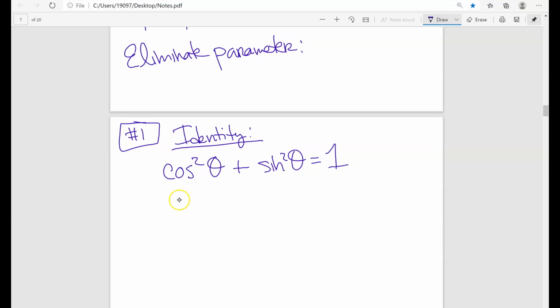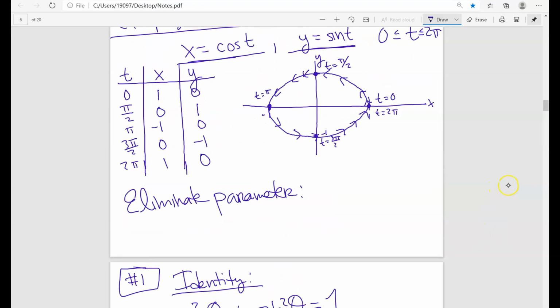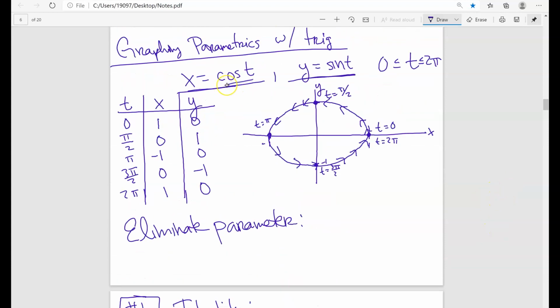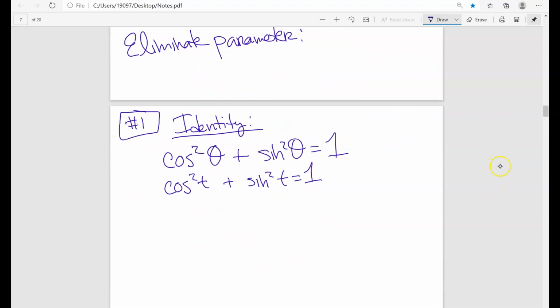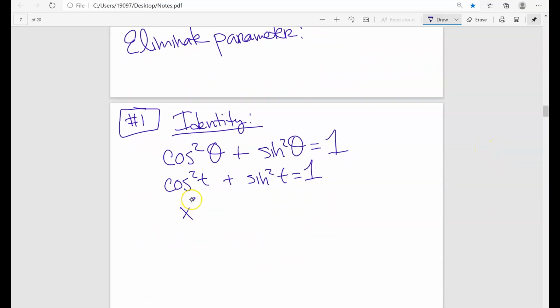So let's just write it in terms of t, because that's what we have. So this is cosine squared t plus sine squared t equals 1. So that's what we have. Okay, and now all we got to do is look at our parametric equations. You can see that cosine of t equals x, sine of t equals y. So let's just plug that in. So this is going to be x, and then there's a square there, plus y, and then there's a square